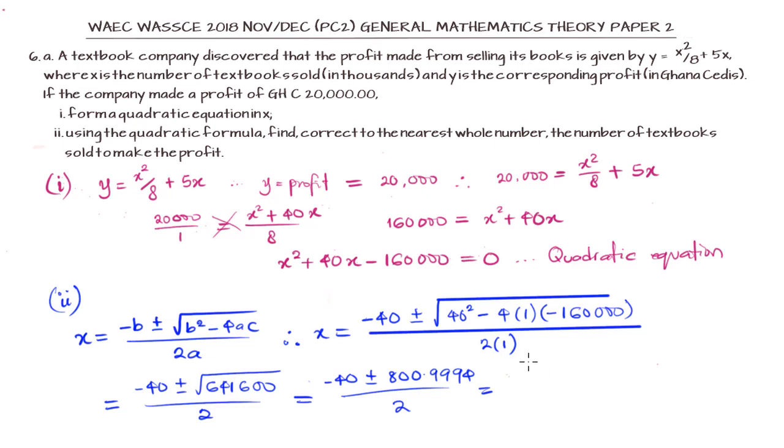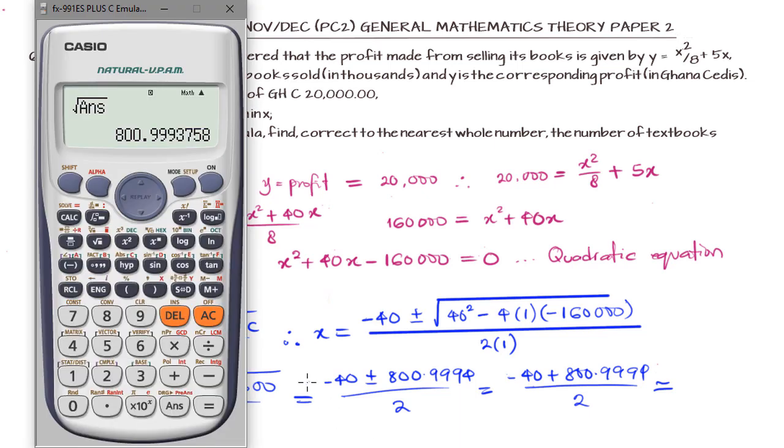Now, we have plus or minus, but now we need to notice something in this question. We are being told that it is a profit, and since it is profit, and this is a mathematical expression of our profit, then the value needs to be positive. We don't need to take the negative value. So we can just say, for our question in particular, minus 40 plus 800.9994 over 2. And that will be equal to